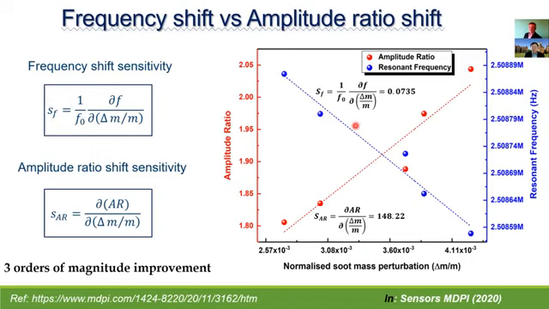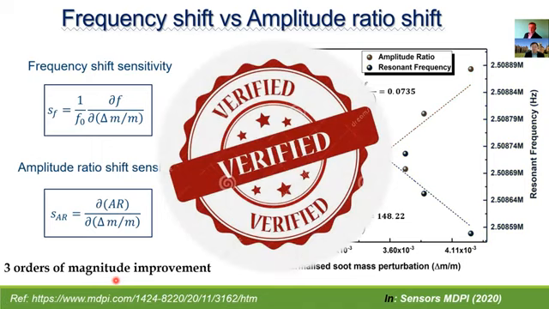Then I compared the frequency shift based on the mass of the particles deposited and the amplitude ratio shift based on the mass of particles deposited. So here you can see the amplitude ratio shift increases and the resonant frequency shift decreases. If we compare the sensitivity factors based on frequency shift and amplitude ratio shift, it became very clear that the amplitude ratio output metric provided 3 orders of magnitude improvement when compared to the traditional frequency shift output metric. So the sensitivity of this coupled resonator based on amplitude ratio output metric has been verified for the ultrafine soot